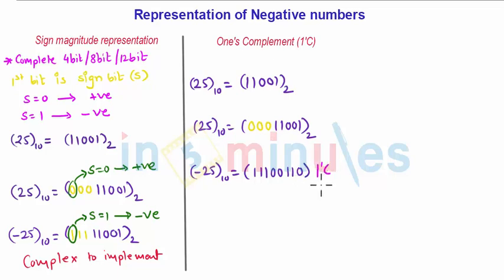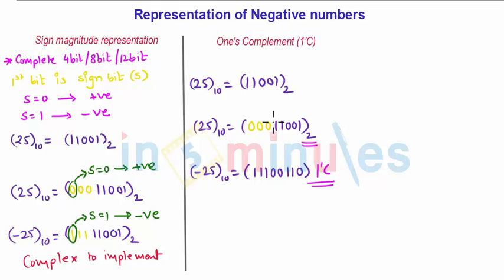It is very important that you show here that it is a ones complement form, while this 2 indicates that the base is 2 and this number is binary. You can easily convert it into decimal, but you cannot apply the rules of binary here to convert into minus 25. You need to take the complement once again, then you will get the magnitude. So this is the ones complement method.